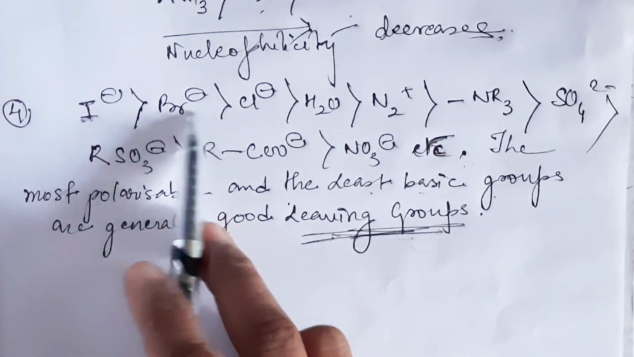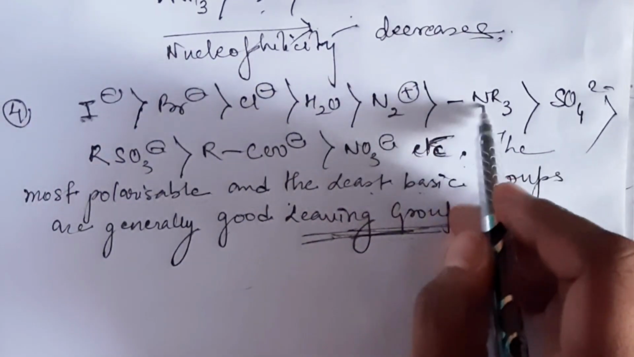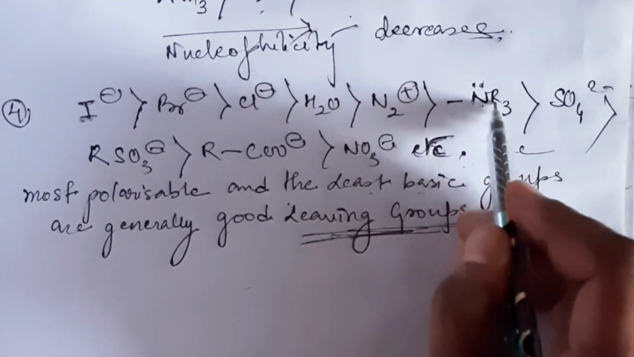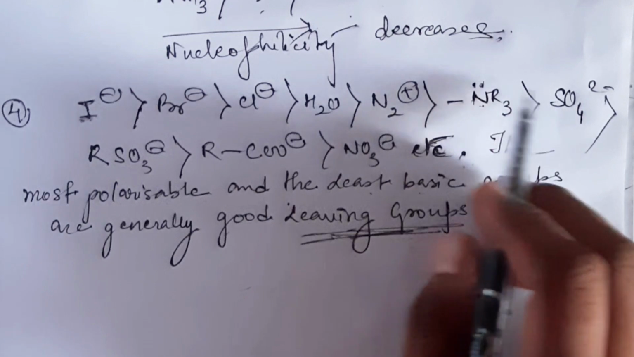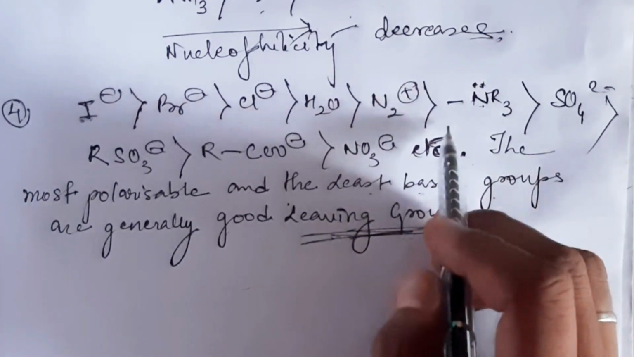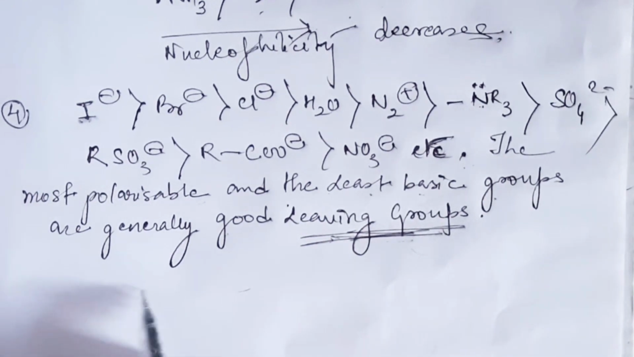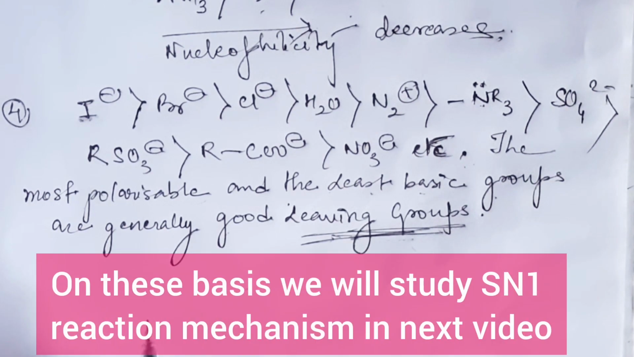Okay, then Br minus, then Cl minus, then H2O, N2 plus, and R3N. These molecules have nucleophilicity, but because they have alkyl groups and a bigger, larger group, they are highly polarizable and very less basic. They want to retain their electrons rather than giving them, so they are good leaving groups. So you have to remember how these types of nucleophiles vary along a period, along a group, and also the nucleophile